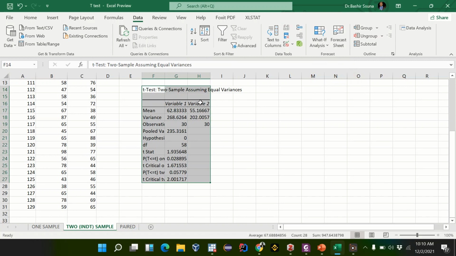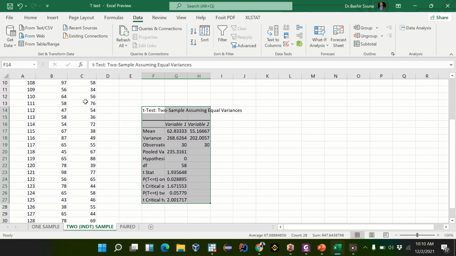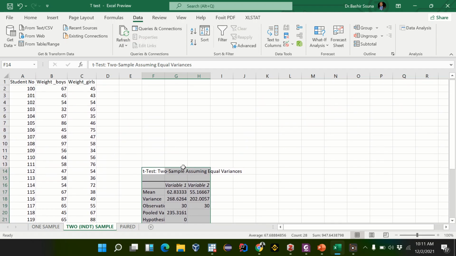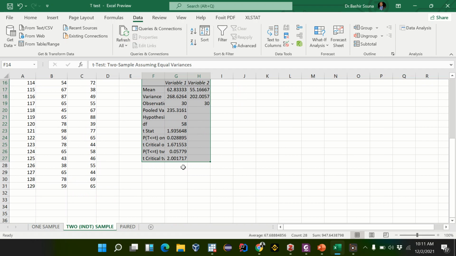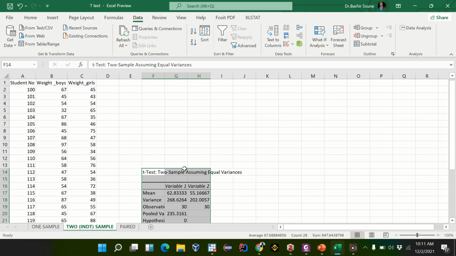Now for this sample, we see that the weight of boys, which is variable 1, is 62.833, and that of girls is 55.166. The difference is 58. Okay. This is not difference. DF means degrees of freedom. Sorry, it's not difference, it's degrees of freedom. Degrees of freedom means